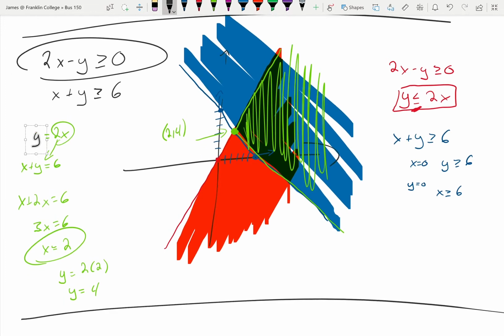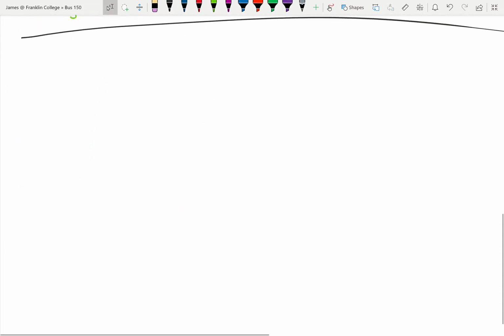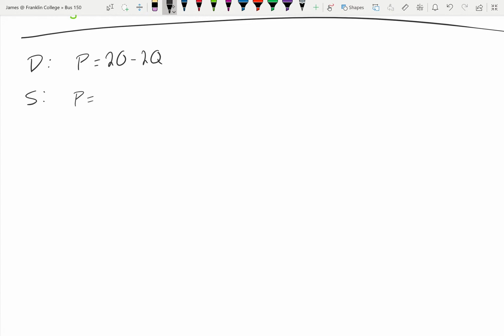All right, let's do maybe more of an economic example, where our demand equation is represented by P equals 20 minus 2Q, and we have a supply equation represented by P equals 2 plus Q. And so that is the equation that represents the demand equation and the supply equation. And we're going to be interested in shading in the area